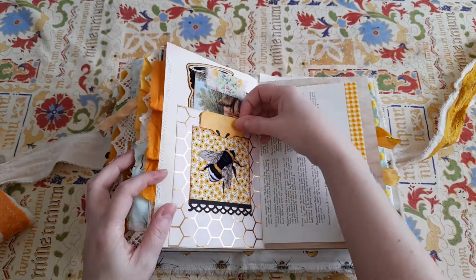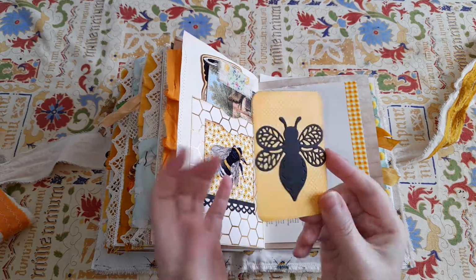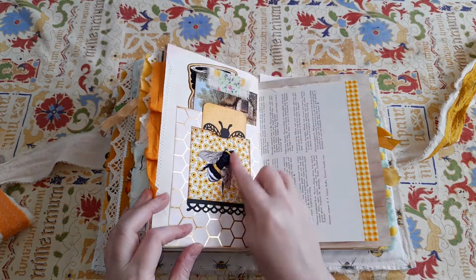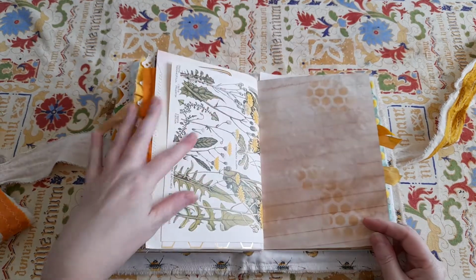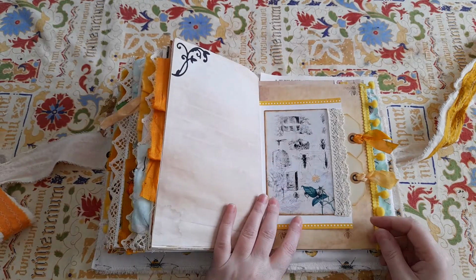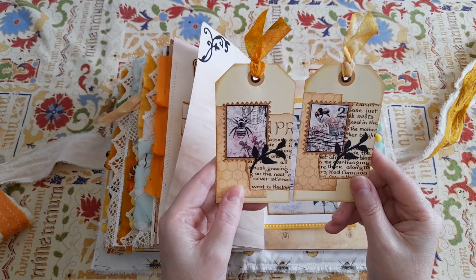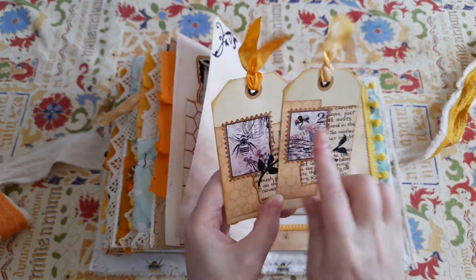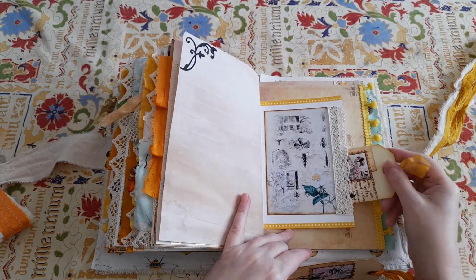And then inside this pocket is a little die cut tag journaling card that I made that's backed in tea stain paper. Love this image here with all the flowers and the bee behind it. It's more washi. It's all the dandelions, which always remind me of bees. Die cut. Side pocket here that's got two collaged journaling cards in there with some Edith Holden, some die cuts, and some of these bee pieces, bee stamps that I got, which was from another